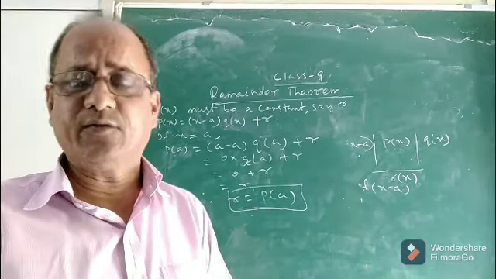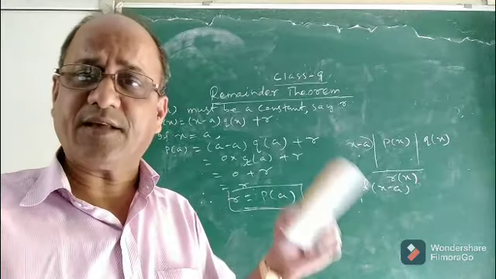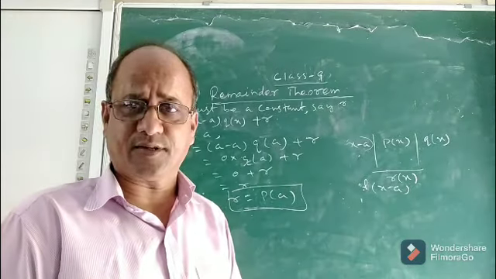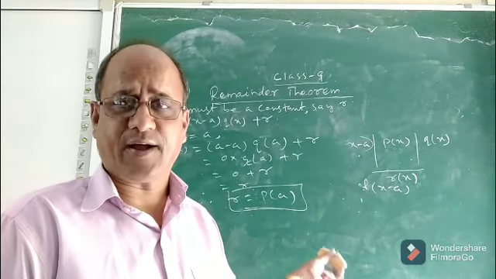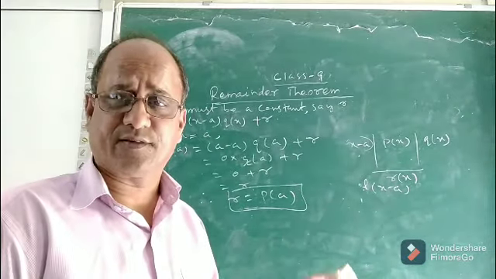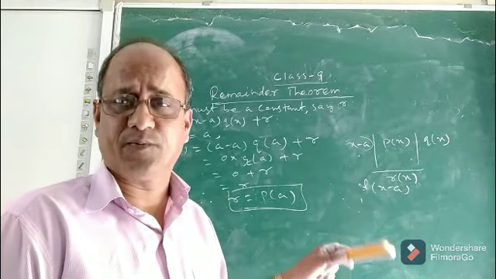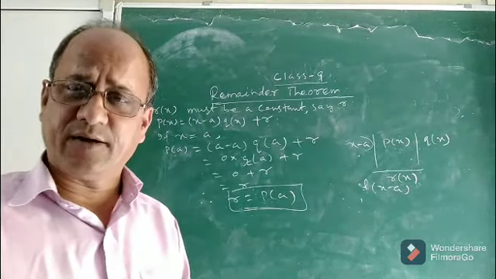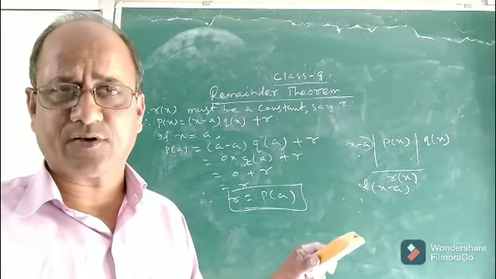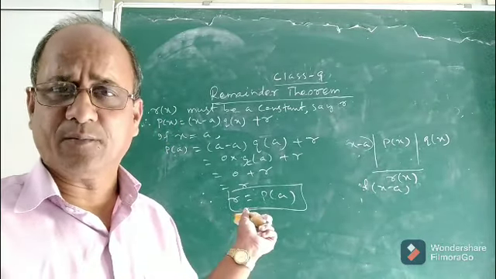So children, we discussed what the remainder theorem is, its proof, and how it is applied to find the remainder without the division process, without using long division. In the previous class I discussed the remainder theorem, its proof, etc. One more thing we will discuss in problems is how it is used in the factorization of algebraic expressions, and it will be discussed after the factor theorem. So we completed this one.